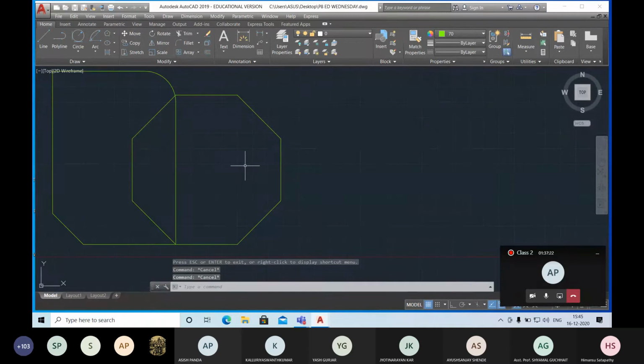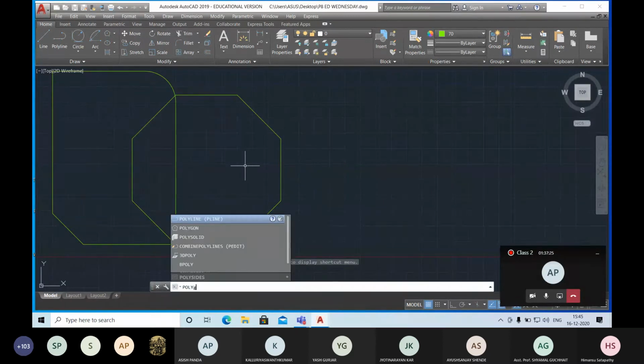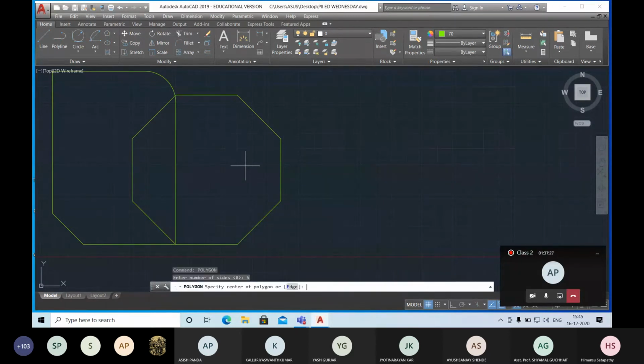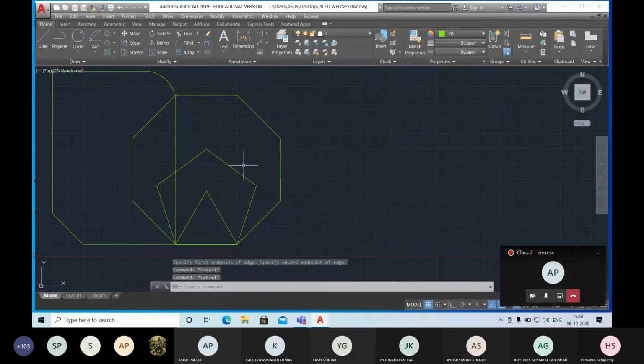Okay. So if I go for the polygon again, number of sides 5, enter, then I can select E for the edge option. Now enter 350, 10, enter 400, 10. Only you need to mention two points, these two only. Then your polygon is ready. If I mention number of sides 3, enter, then E for edge, enter, select these two points, and I can draw a triangle directly. So these are the options for polygon.